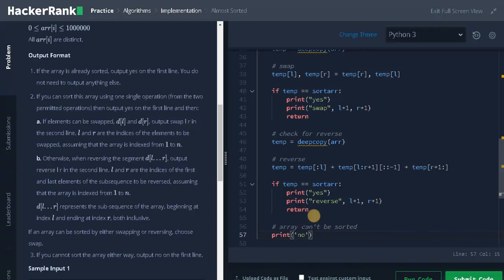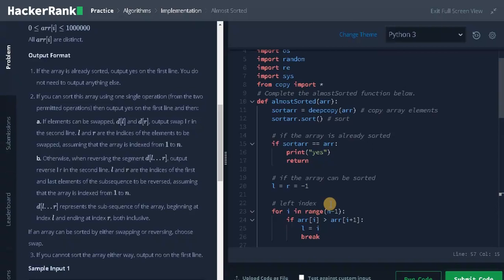Why we are using return is because we need to return to the main function without going further. If you don't use return, it will continue to the next operation and it will print the further statements also. So be sure to use return. So we satisfied all the cases here. This is the whole program.